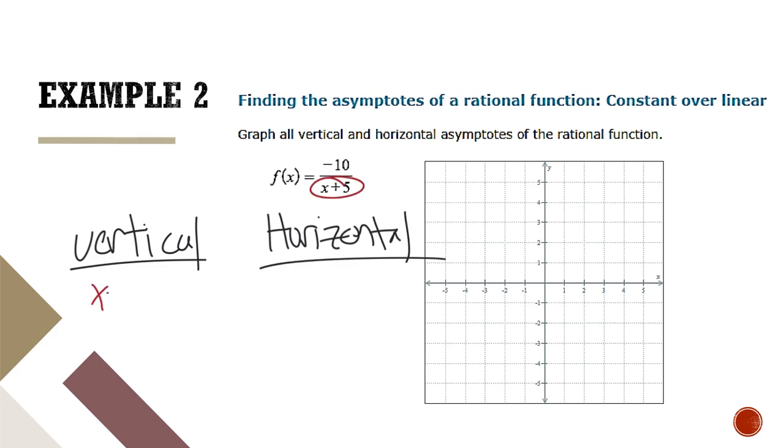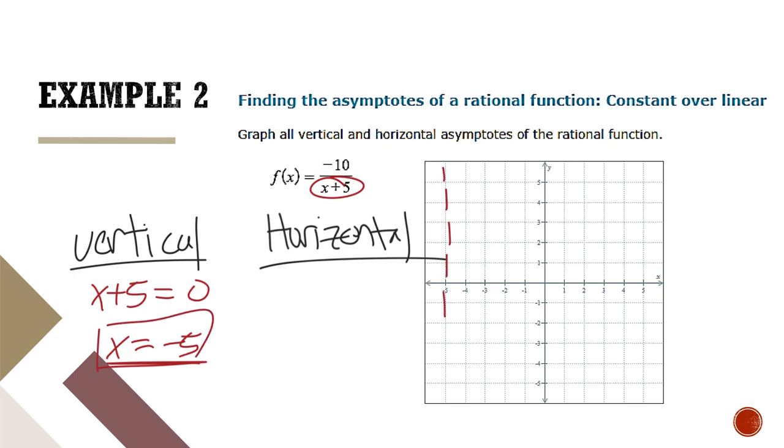So we're going to just say, what's this? X plus 5, set it equal to 0, and then we get x equals -5. That is my vertical asymptote. So you go to -5, and we do a dashed line through -5. So that is x equals negative 5. Now, our next one, the horizontal. Notice how the numerator is a lot lower power,